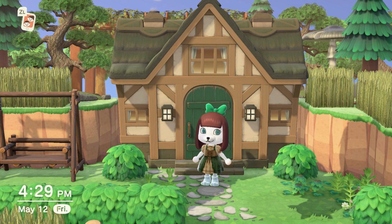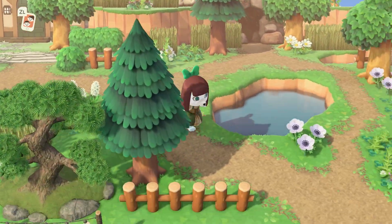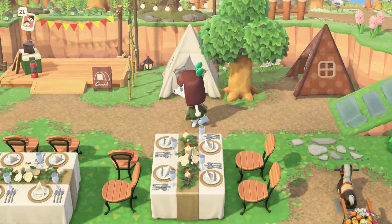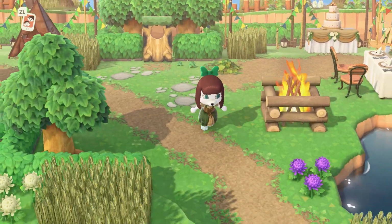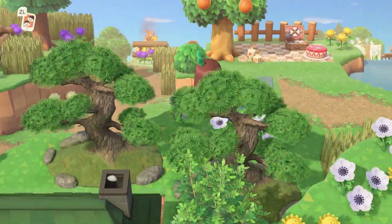We're not going to go in here because we went through such extensive detail on the live stream, and I don't want to double the information here. I want to keep these videos enjoyable, so we will continue onward. We'll go right past the party area and the party tree. And our next villager is going to be...